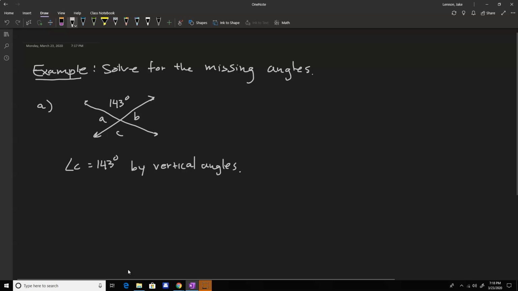Okay, so we know the top angle and angle C, so now we just need to find A and B. Now there's two ways to do this. You can look at A and the 143 degrees on top, or C and B, but basically you just need to recognize that there's two ways to see a straight angle, and a straight angle has to measure 180 degrees. So let's say angle A plus 143 degrees has to equal 180 degrees